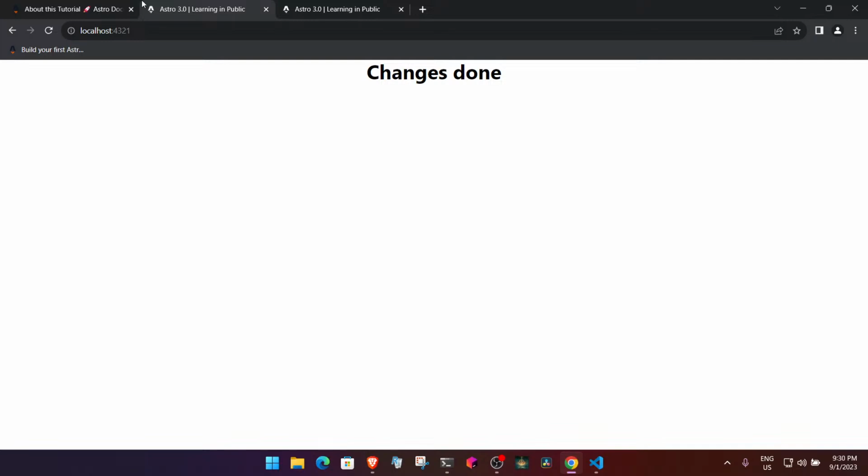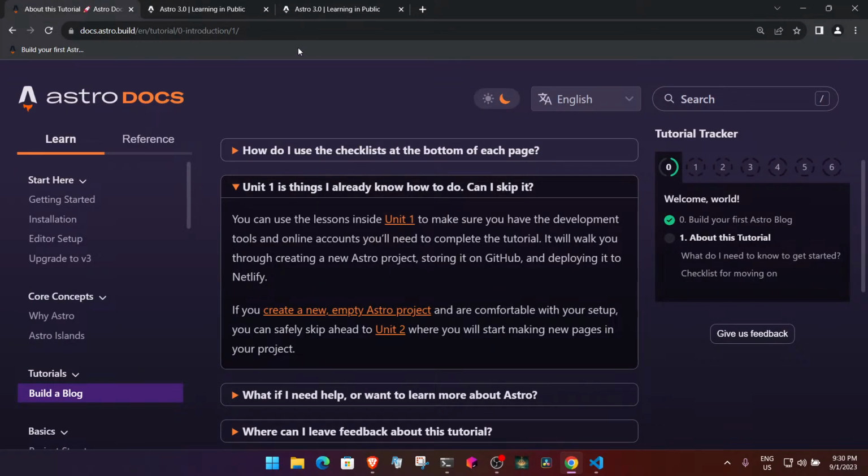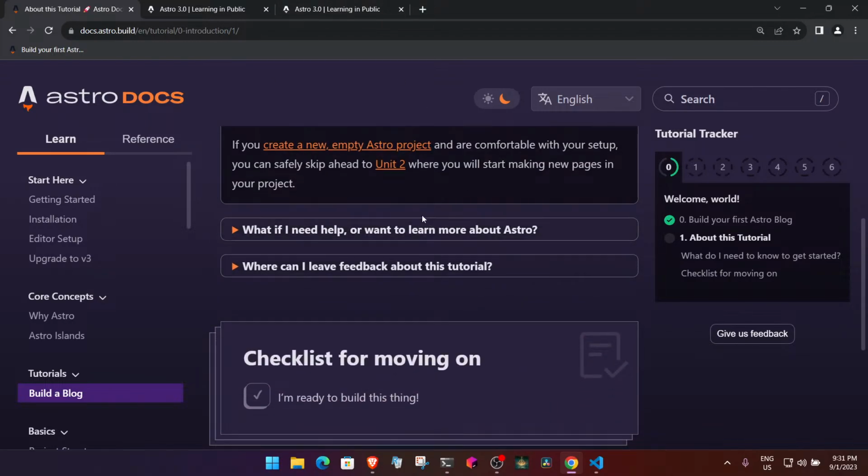So in terms of what we are actually trying to do in this unit 1, I think we are already done, right? We have this project, Tailwind is set up, we have stored it on GitHub, and then we have deployed it in Vercel. Okay,